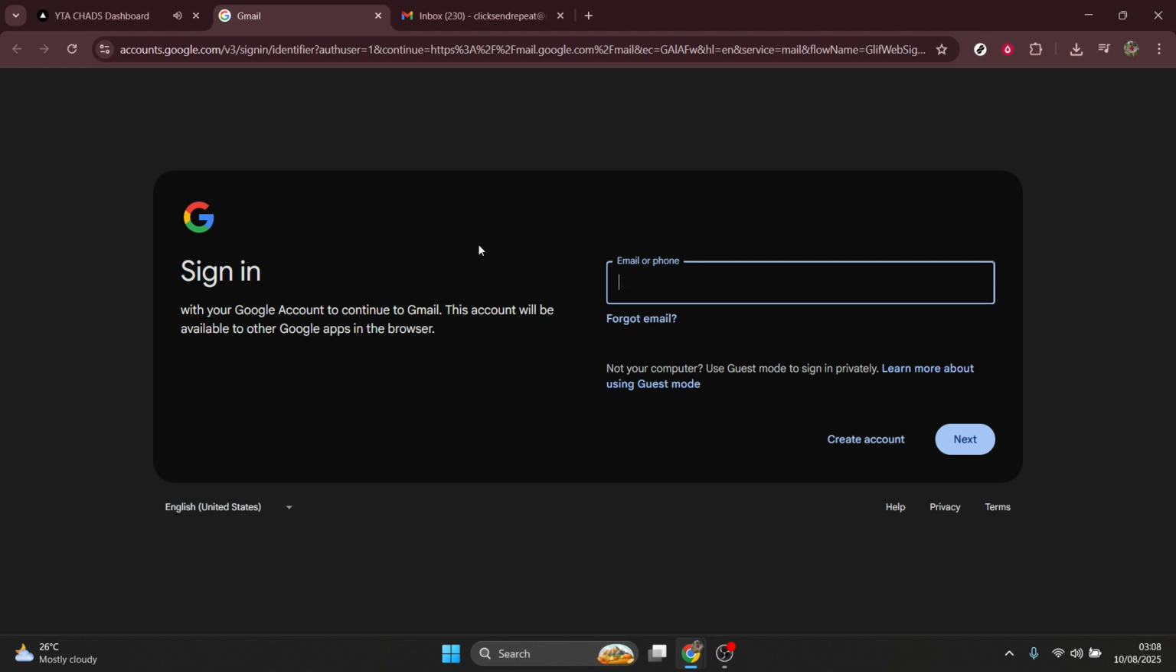First, start by opening your preferred web browser. This could be Chrome, Edge, Safari, or Firefox. Once you have your browser open, navigate to the address bar at the top of the page. Here, type in www.gmail.com and press the Enter key on your keyboard. This action will take you directly to the Google sign-in page, or if you're already logged in, straight to your